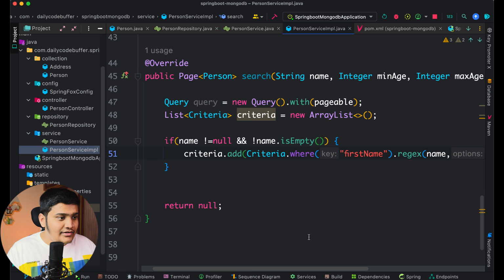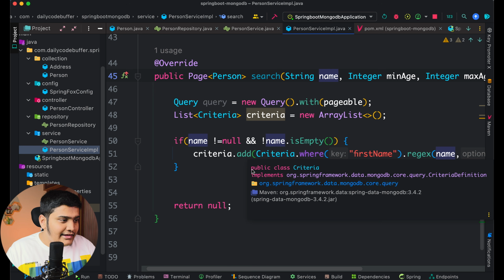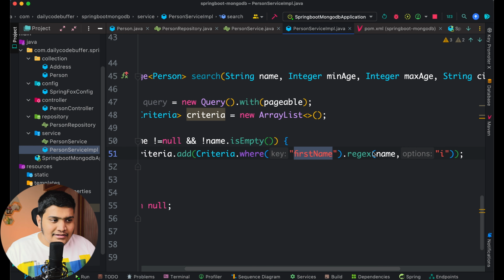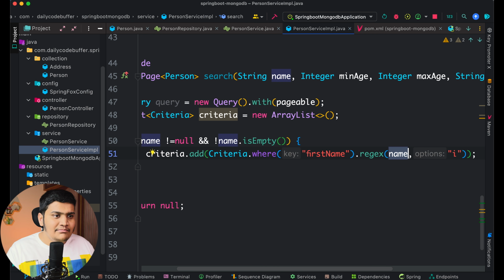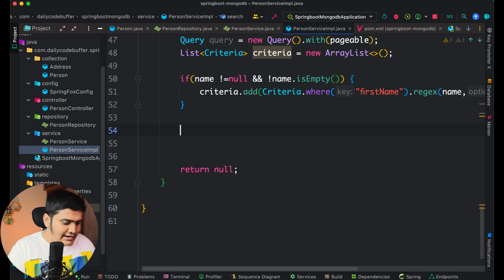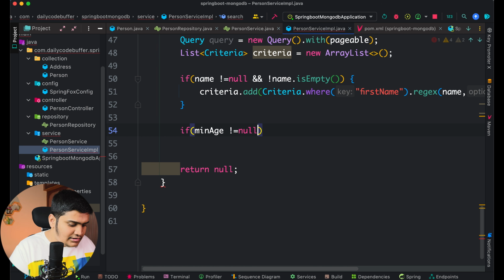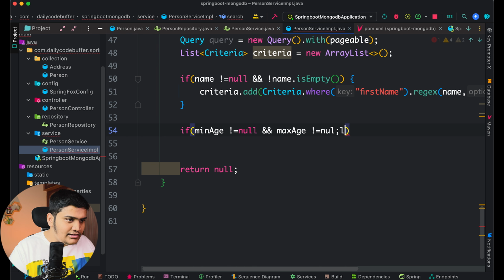You can see that we just added one criteria. So whenever the name is not null and the name is not blank, at that time we are adding the criteria that we need all the data where its first name should match the name that we have provided, and it should be case insensitive. Okay, now let's work with the min and max age. So let's go here and check if min age is not equal to null and max age is not equal to null,